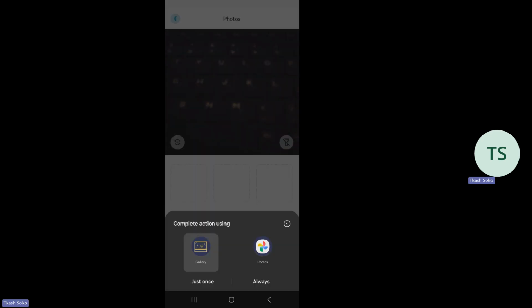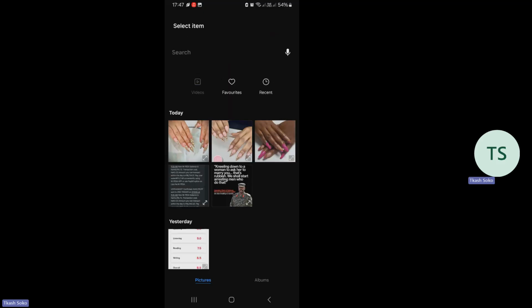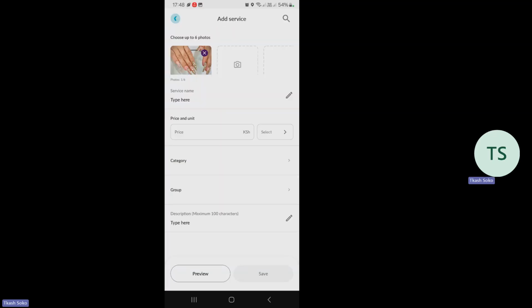So you go to the album if you have pictures that you want to use. So when I come to the album, I get these photos here, so I can choose this one and it comes there, then I press on save. When it comes there, that is a picture of nails I have made.